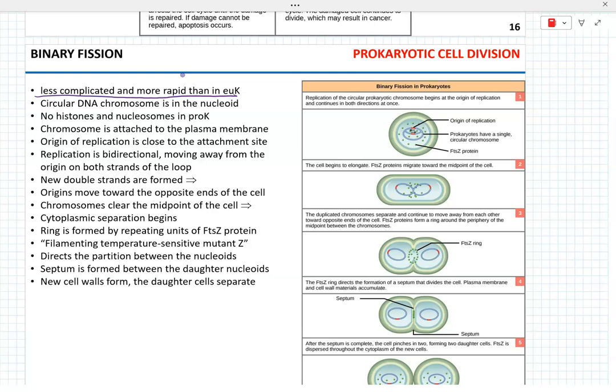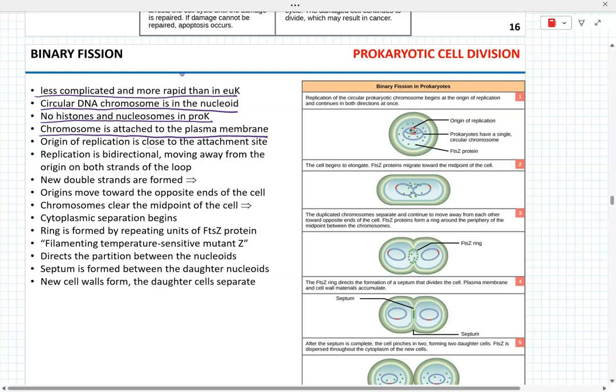So, the chromosome in a prokaryote is circular, and it's in a nucleoid, so there's no complication in the form of a nuclear envelope. So no histones and nucleosomes, which means less work on unwrapping that DNA. Now, chromosomes in prokaryotes are attached to the plasma membrane, and close to the attachment site is the origin of replication, which, as you may remember from previous conversations, is bidirectional,